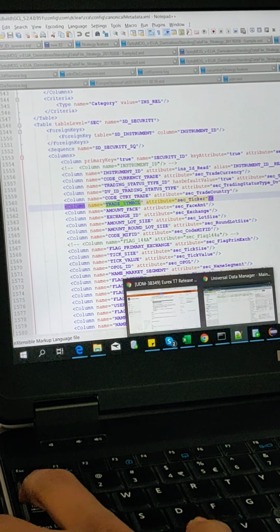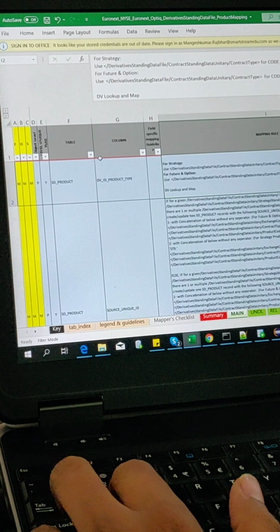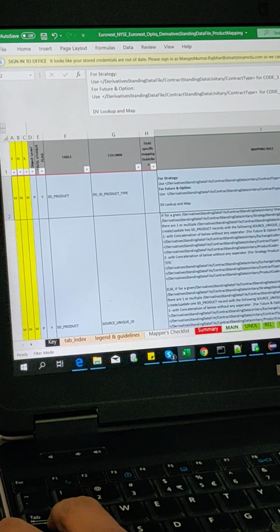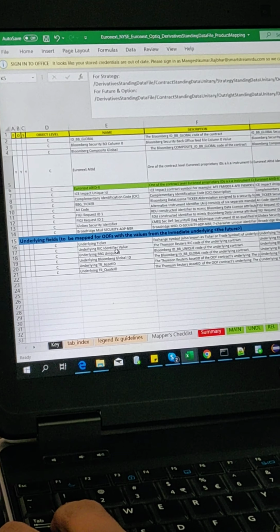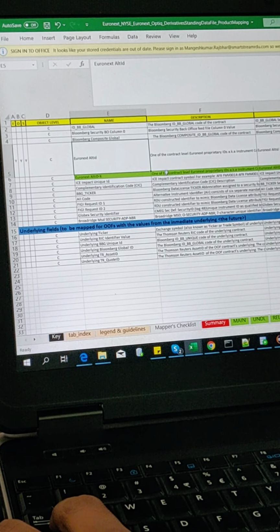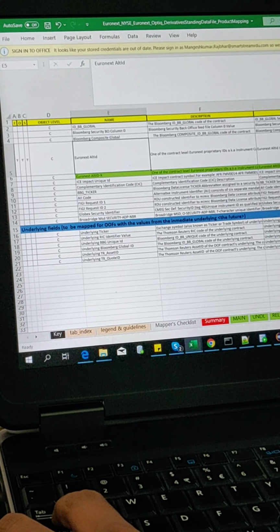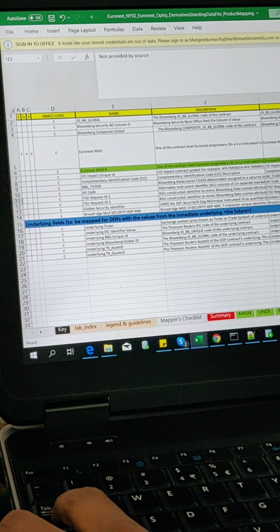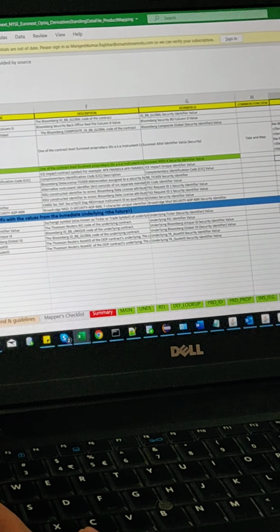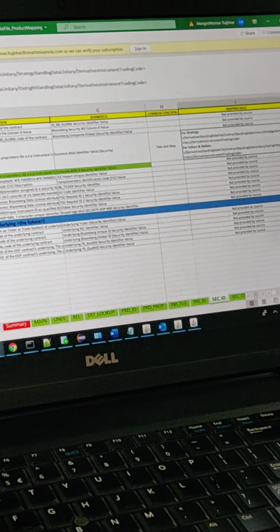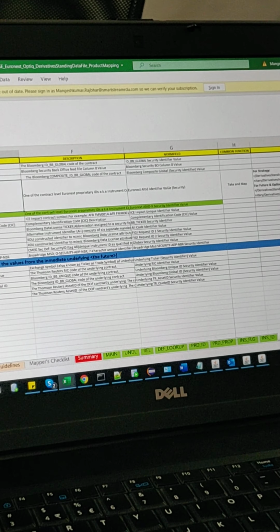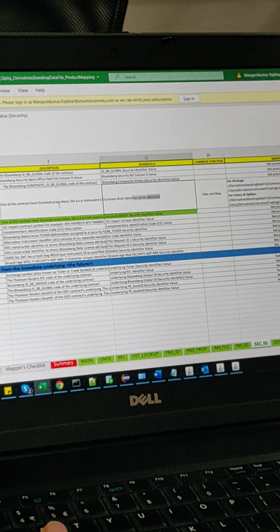Alright, so let's take a classic example of Figgy request ID. Okay, so मैं बोलता हूँ कि let's go to the mapping document again. Security identifier table, sec identifier. Okay, so where is it? Security ID, Figgy request ID then. हाँ, Figgy request ID. ये नहीं है क्या इसका? Not provided by source, not provided by source. Okay, ठीक है. Euronext alt ID ले लेते हैं. Okay, so we are saying that we will be mapping this particular attribute in the security identifier table, HD security identifier. What is the norm field for this? This is the norm field.